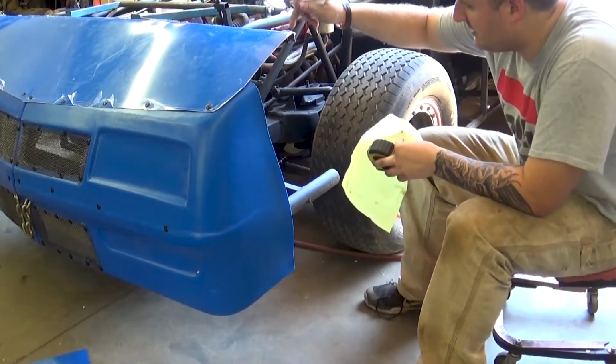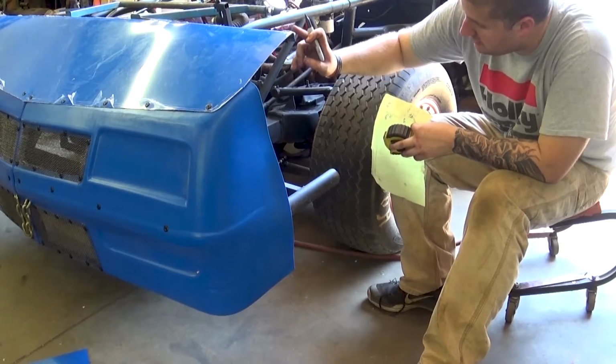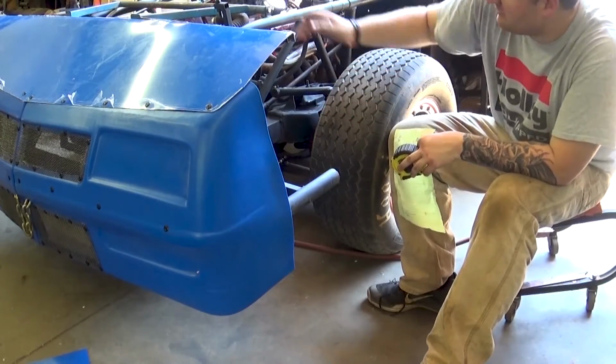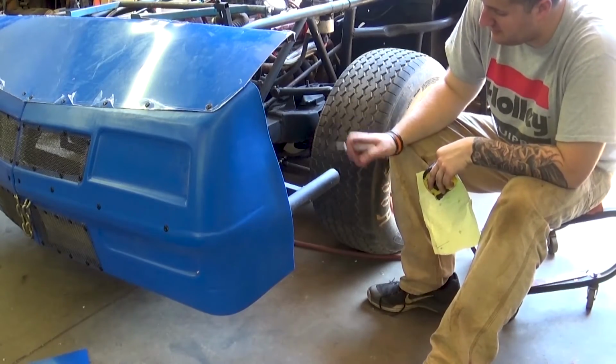And the reason I'm using this as my overall height, this point here, is because all I do is pretty much mark a 45-degree angle here because I am doing bolt-on fenders. And that will give me the final shape like y'all saw over there. And then I'll just come in here and clear out some space for the